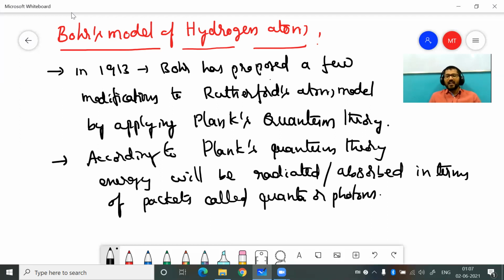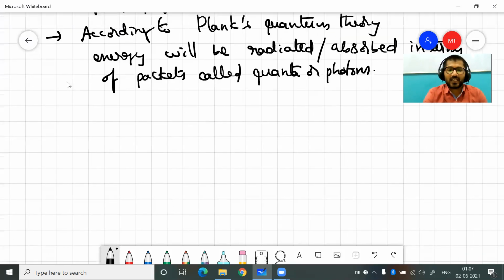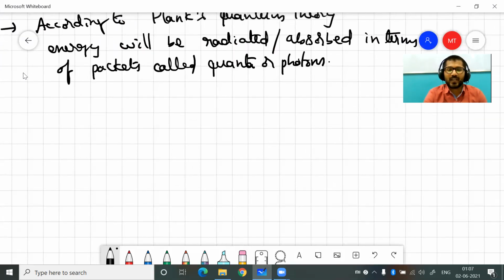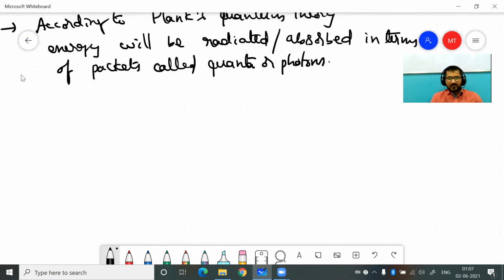And here, the energy carried by a single photon is given by